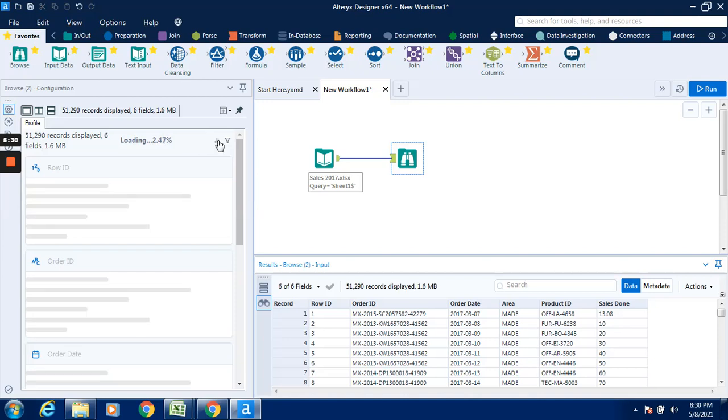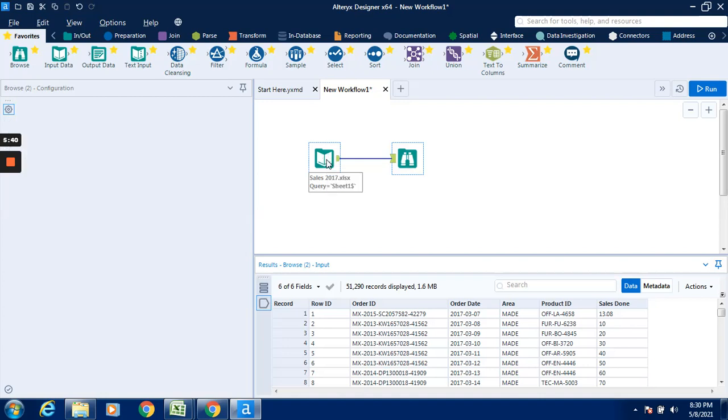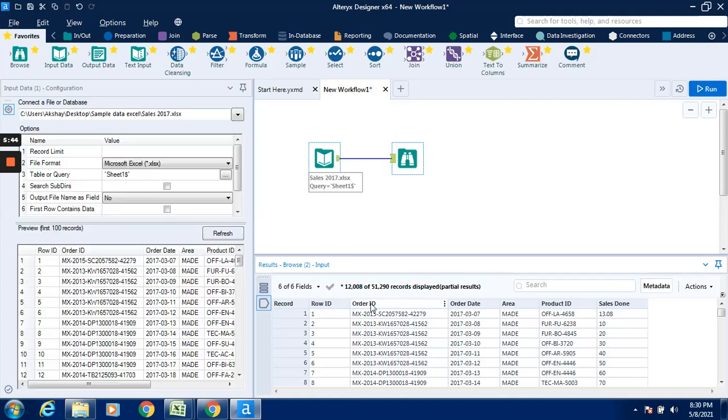You can visualize it in the form of charts also over here. So till the data gets loaded, you can see these results in this workflow. You can browse it. If you click on this over here, you can see that there are 12,008 records out of 51,290. Over here, you can see that there are around